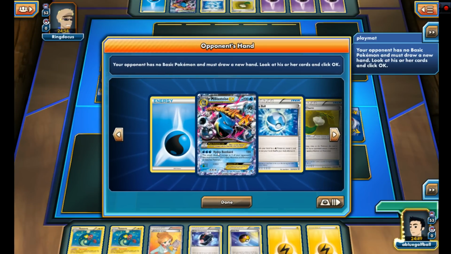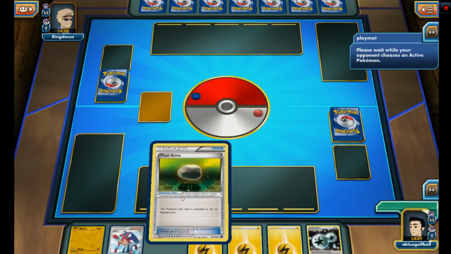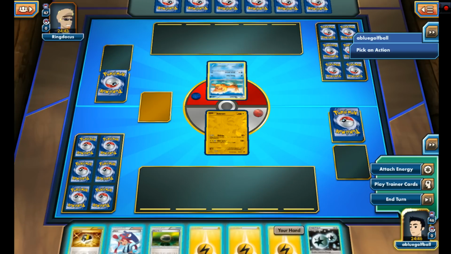My opponent plays Mega Blastoise and Psychic Energy. Oh, that's fascinating. We start off with a Zekrom. That's actually pretty solid. We even get a Floatstone, which I might play. And so what we're gonna do is we're gonna play Zekrom, play the DCE, play the Floatstone, and then Skyla for a Juniper. And the next turn we will